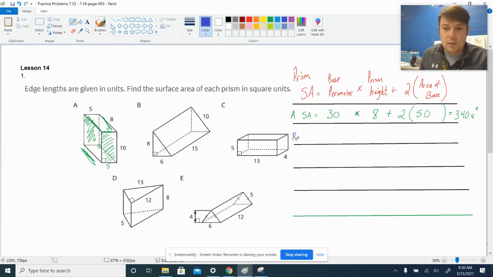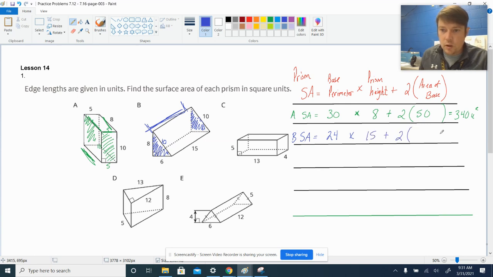B. So let's look at the surface area for this one. This one, the base is important because the base is not any of the rectangular sides. The base is the triangle. Okay, and the triangle is given here. Now, they also tell you this is 10. This is an important number for us to know because it's part of our perimeter. All right, the perimeter of the triangle is add up all the sides. 10 plus 8 plus 6. 18 plus 6 gives us 24 for our perimeter, multiplied by the height. The height of the base is this distance here, which is clearly 15,